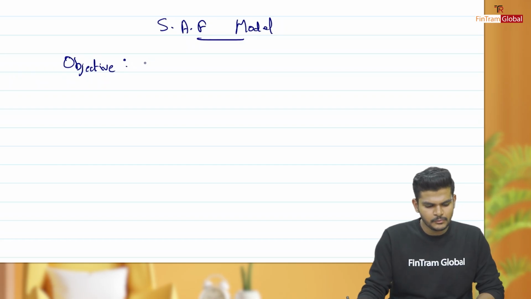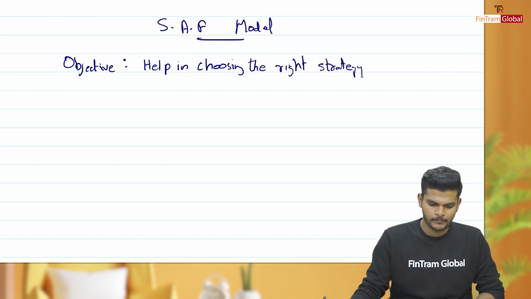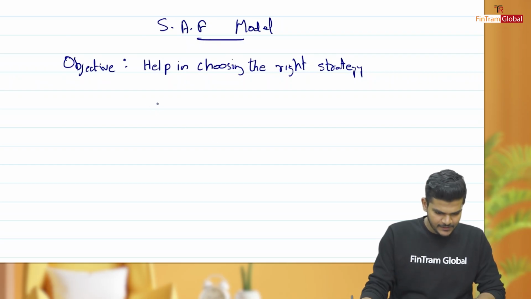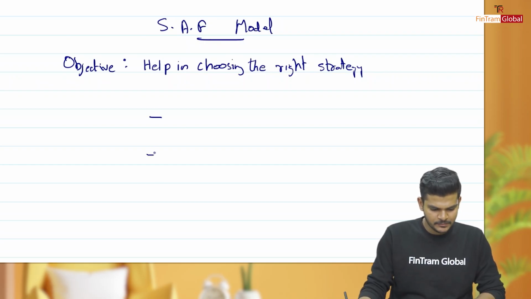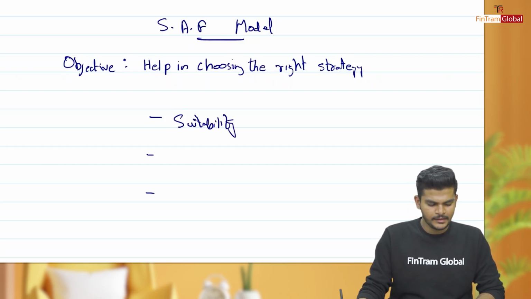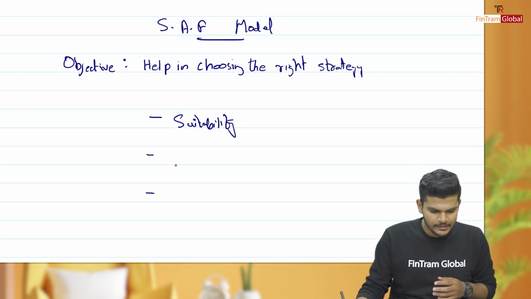It would basically be to help in choosing the right strategy, right? It helps us to choose the right strategy. So within the SAF model, we look at three things majorly, right? What are the three things? Suitability, right? Is the particular model actually suitable for the organization, right? And then we look at